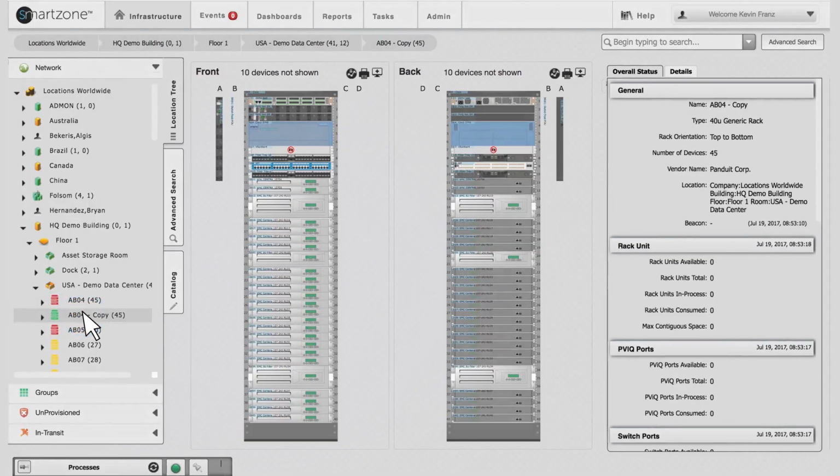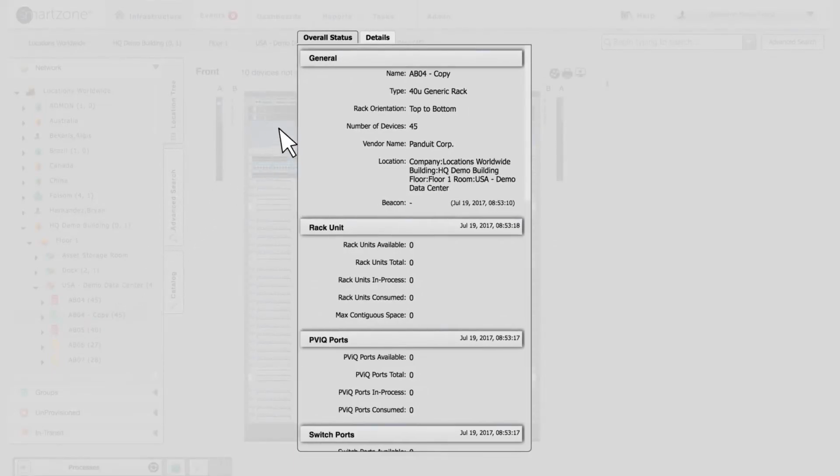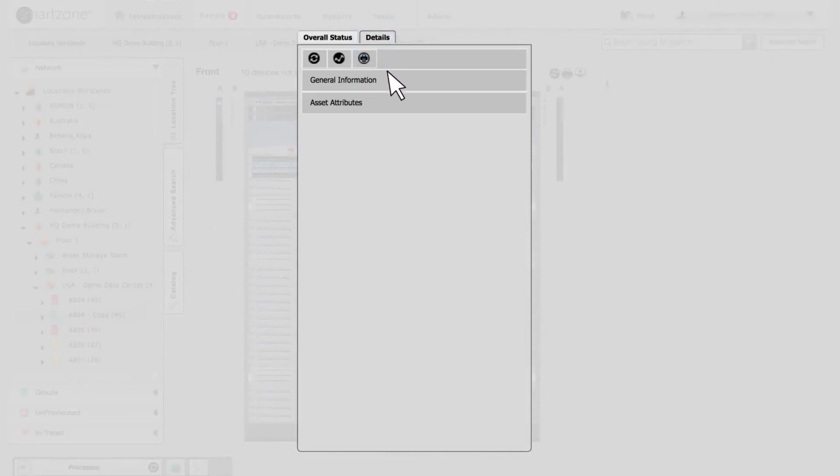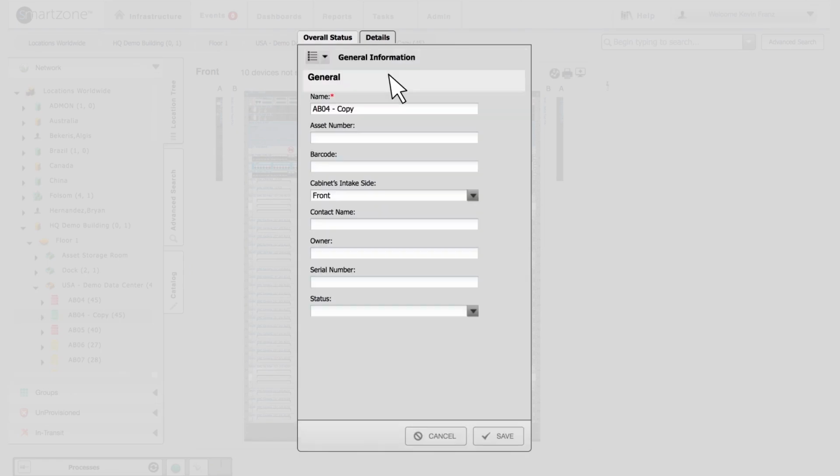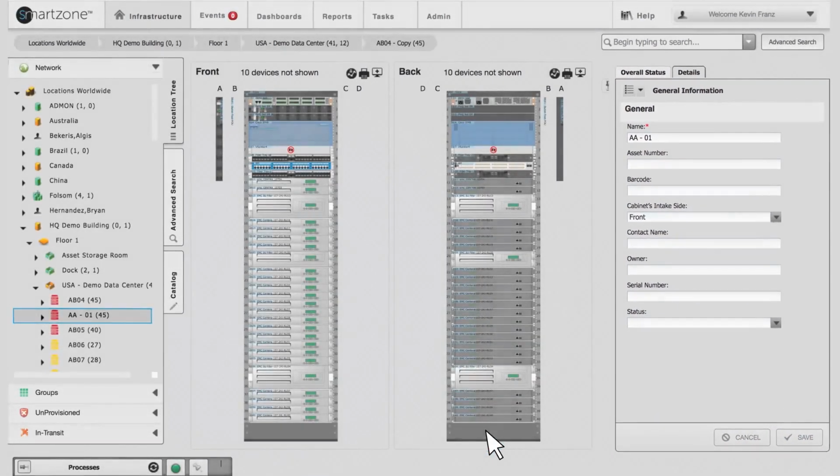Click the cabinet and select Details. In the General Information section, we can edit the cabinet's name, which still includes the word copy. So let's rename our cabinet AA01. Click Save. The new name now appears in the location tree, and we are ready to position the cabinet on